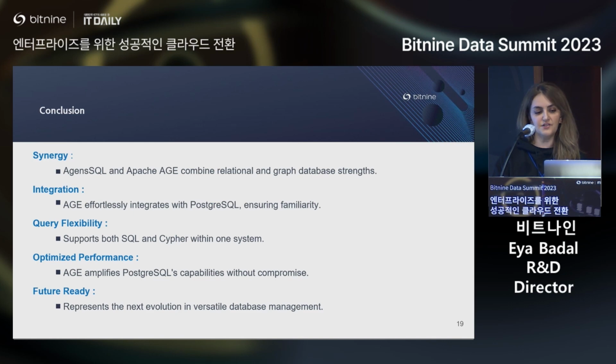And remember, with AGE plus Postgres, we are not just talking about today, we are talking about the next step in database evolution. And by saying that, I will